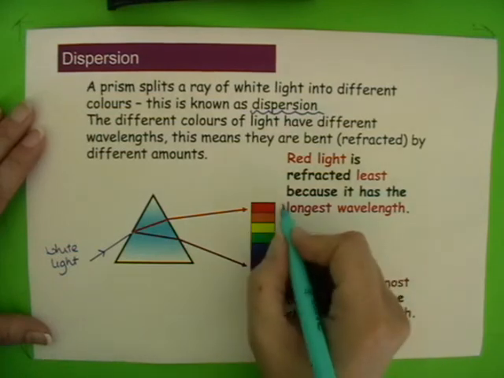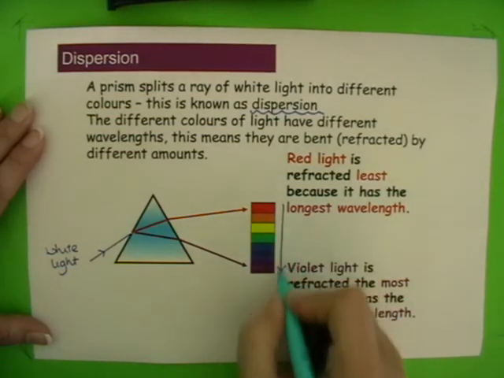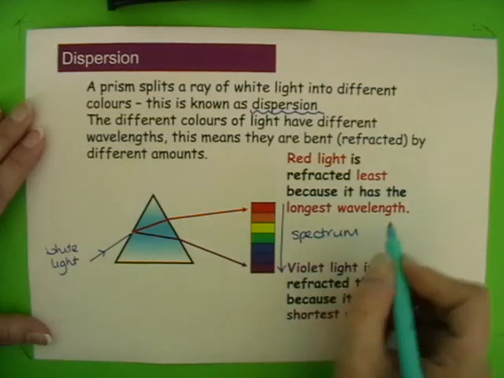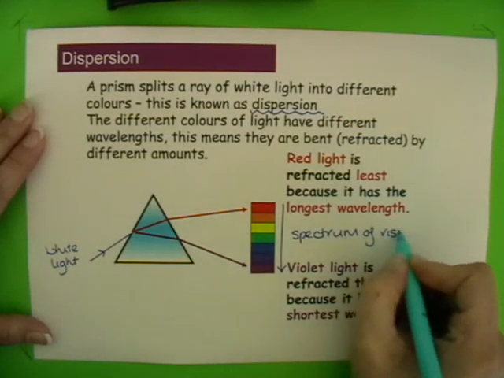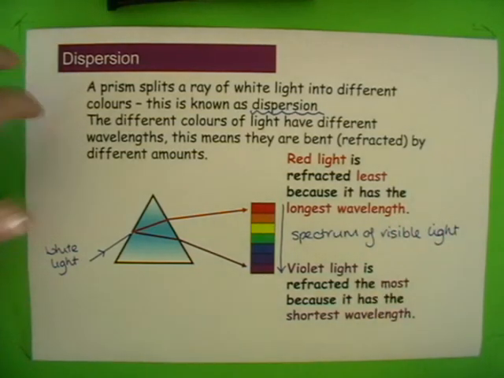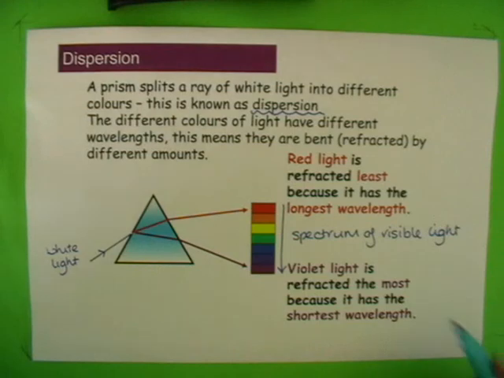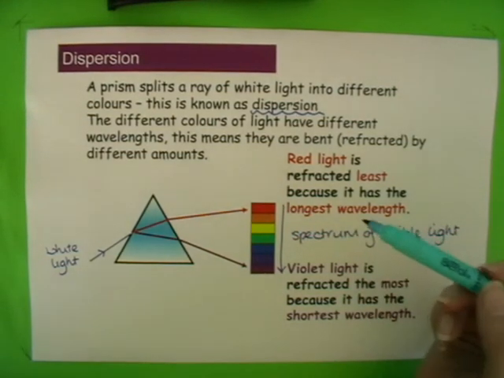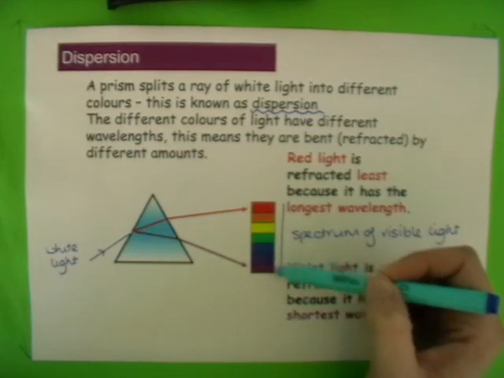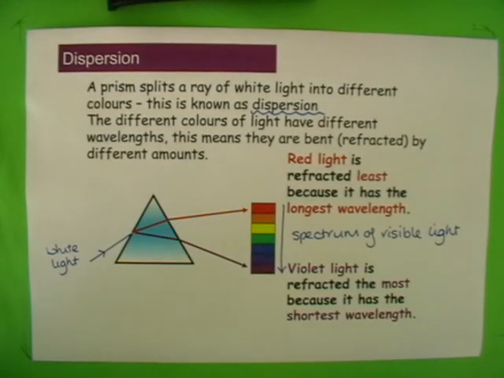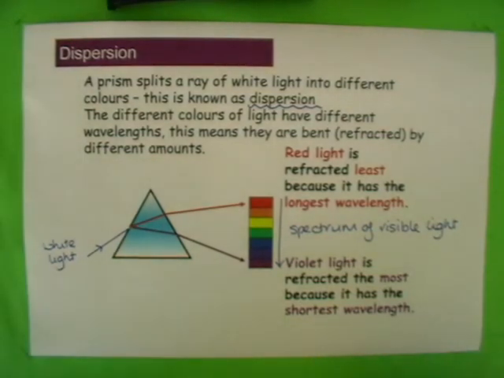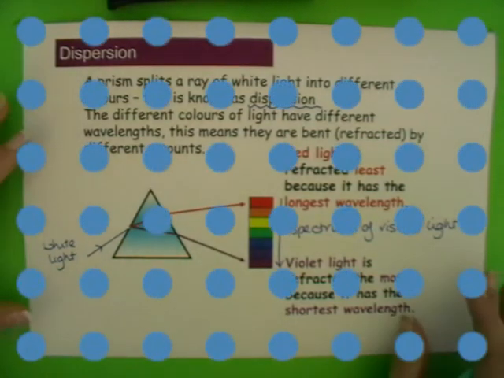And we call this range of colours the spectrum of visible light. So this is the spectrum of colours of visible light. And you should learn the order of those colours. I'm sure that you've learnt them already. Red, orange, yellow, green, blue, indigo, violet. And rainbows actually illustrate dispersion very well. And this dispersion occurs